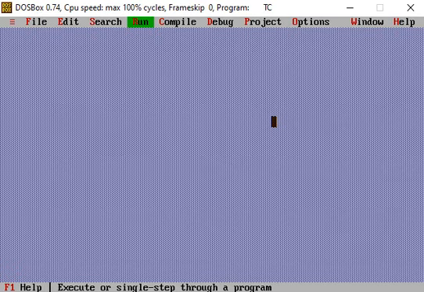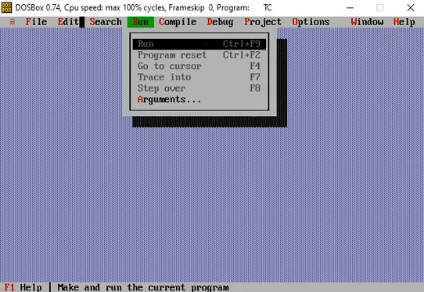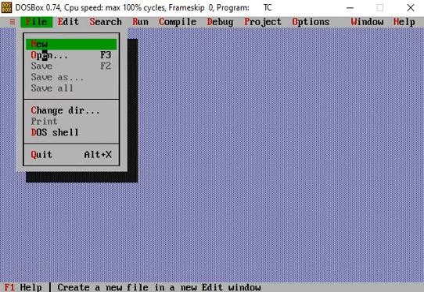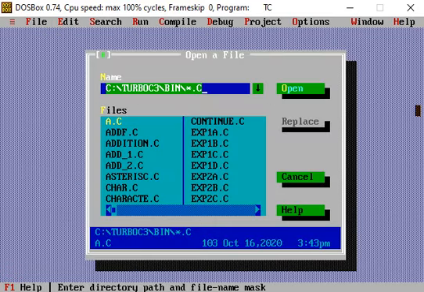So to understand this one, let us open the saved file. Again we will open the saved file by clicking the file menu and from the drop down menu selecting the open option and selecting the saved file.